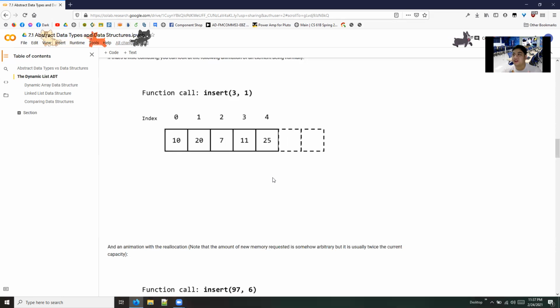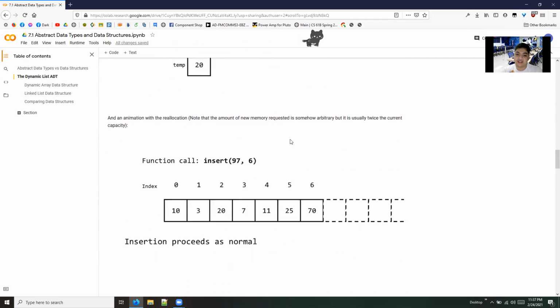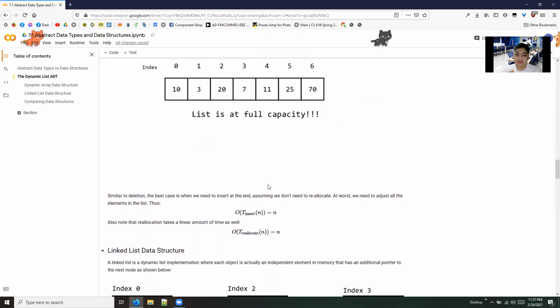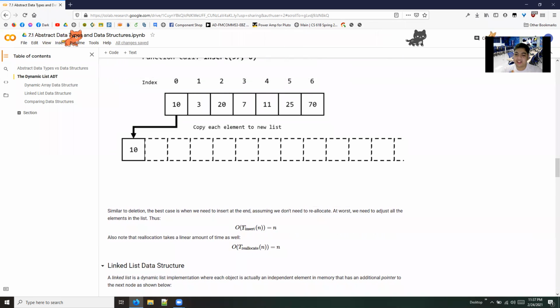So this is a case wherein both time complexities will be the same, but the actual running time will be very, very different in the case of insert with reallocation. The worst case running time for both of them is O of n, or linear.